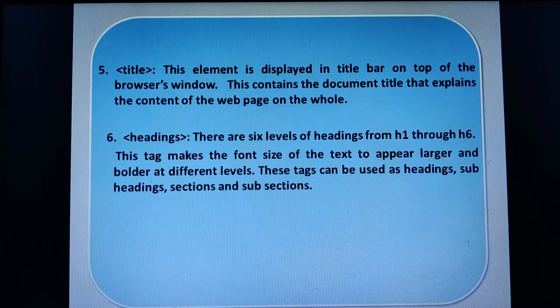H6 is the smallest font we get in HTML, right? These heading tags help you provide the main heading and subheading. Suppose you want to make sections, depending upon the situation, you can use the different levels of headings. So these were some of the basic tags of HTML, very important ones.